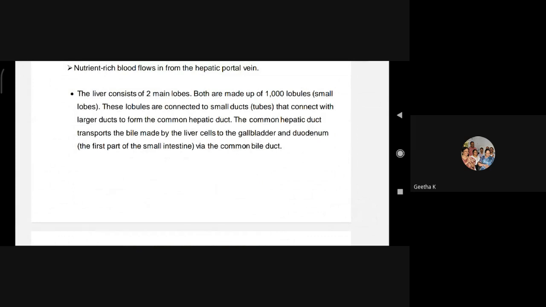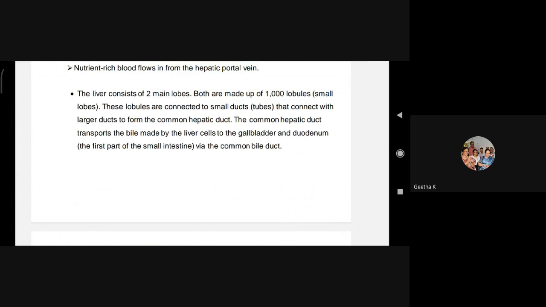Lobules means small lobes or smaller parts of lobes. These lobules are connected to small ducts. Ducts means tubes that connect with larger ducts to form the common hepatic duct. Means all these lobules are producing bile juice, and this bile juice is collected by